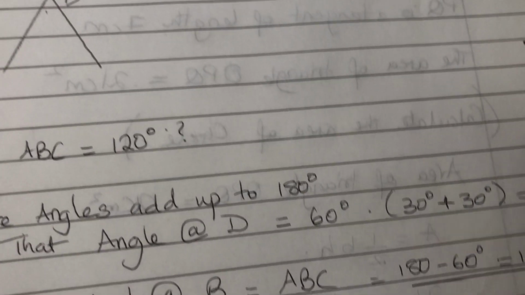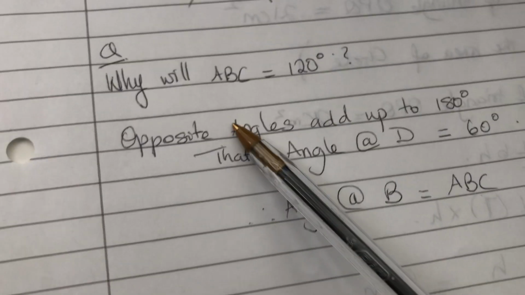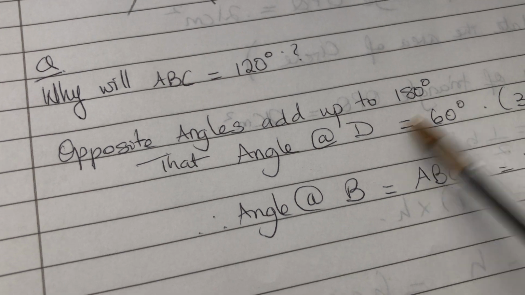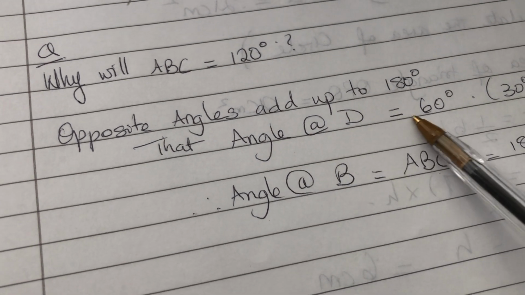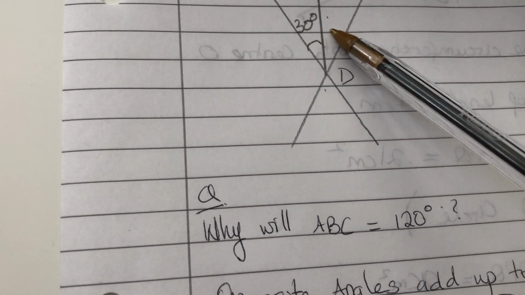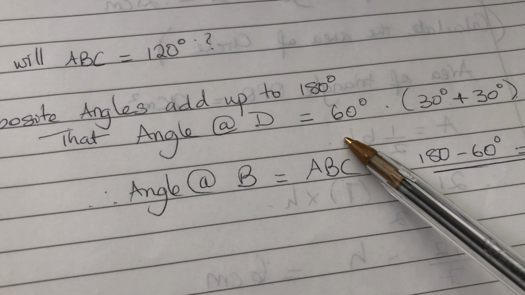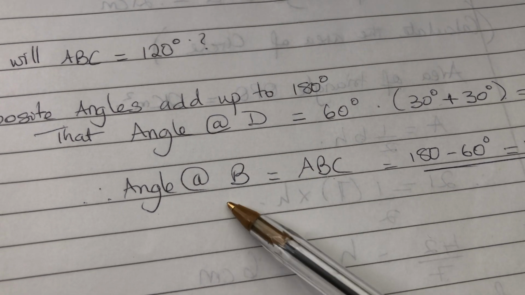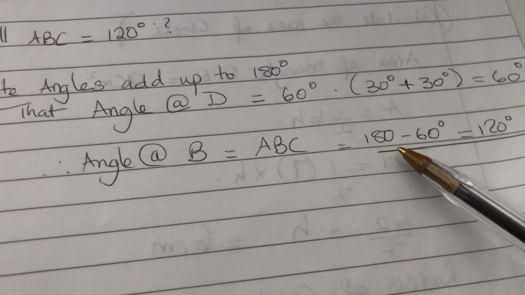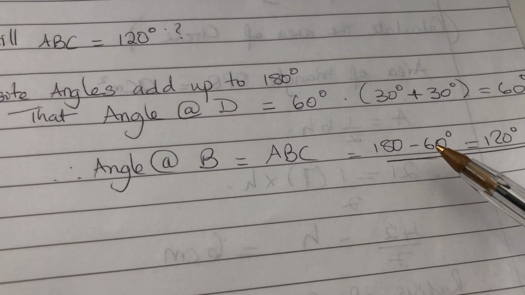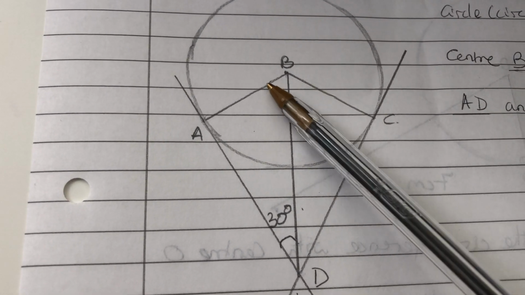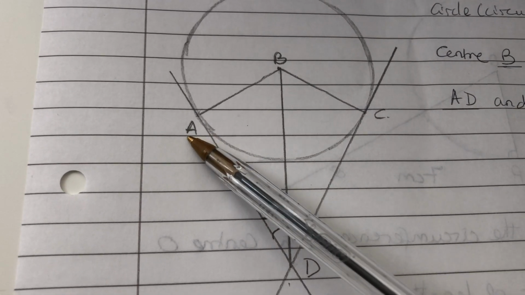So you can explain that. So I said opposite angles add up to 180. So angle at D will be 60, this full angle, not just the half. It will be 30 times 2, 60. And then therefore the angle at ABC will be equal to 180 minus 60, which is 120, that angle here, the full angle. Not just, if they say ABD,